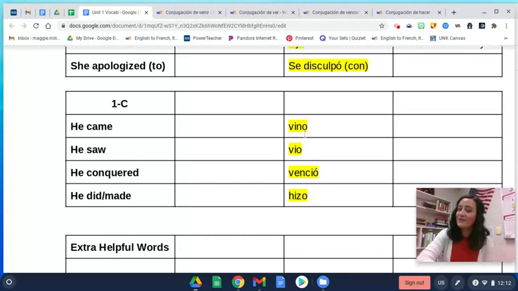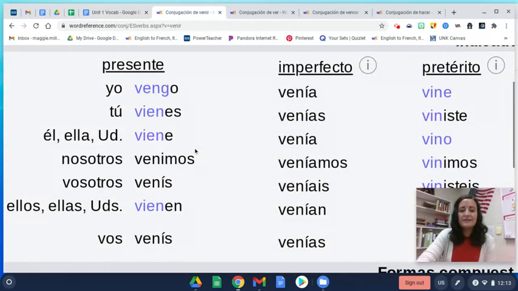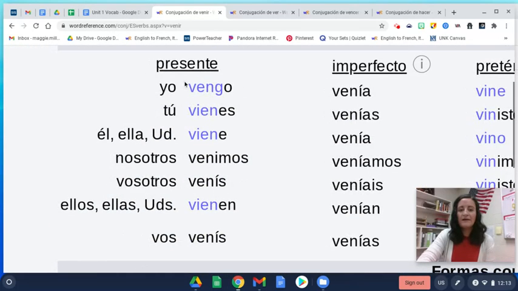But remember that irregular preterites do not get accents, so we're not going to see that on here. So venir means to come. Class A, how do we say "he or she comes to school" in the present tense? When we conjugate that into the present tense, it is a stem-changing verb, with an E to IE stem change. In this chart you'll also see an irregular yo.